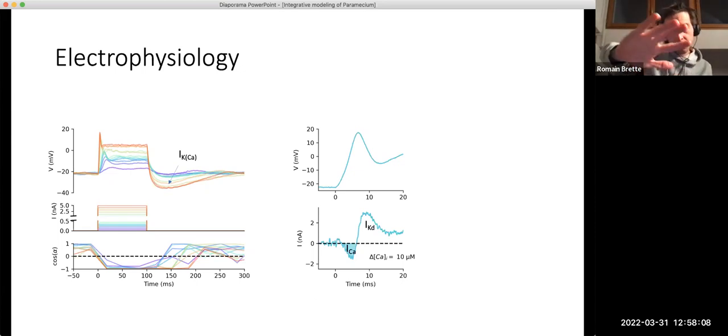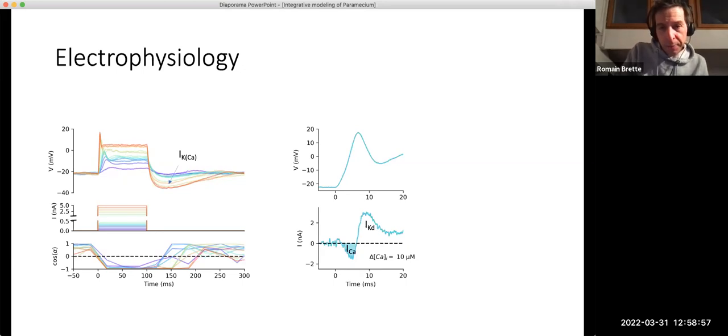So when we have the fluid motion, we calculate the mean angle of the motion, and that's shown here. And so we can see that it reverses. So basically, we can measure the reversal of the cilia in this way, and it actually depends on the strength of the stimulus. On the right, you have a zoom on one of the responses, which shows a small action potential. From this response, you can calculate the transmembrane current. And you can see an inward current, and that corresponds to the calcium that is getting in. And then you have a potassium current, which is the delayed rectifier current, which you find in neurons,